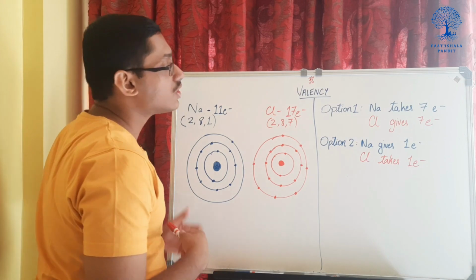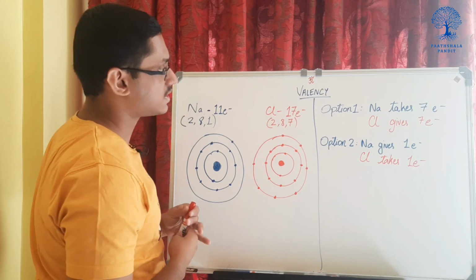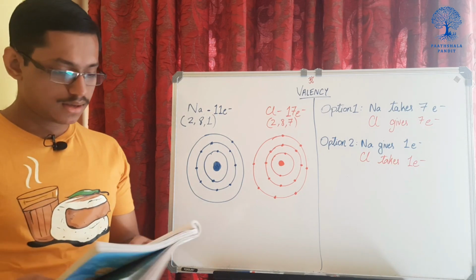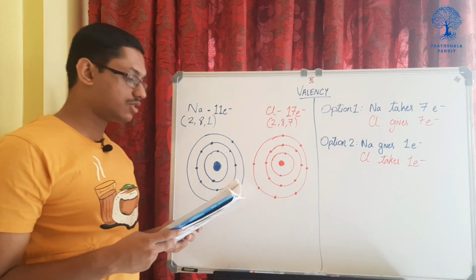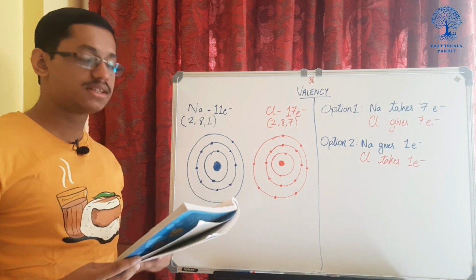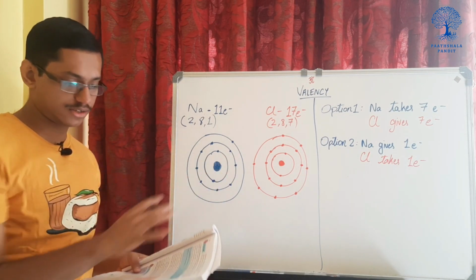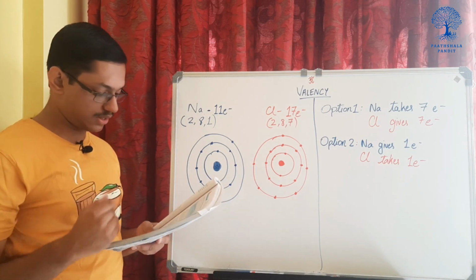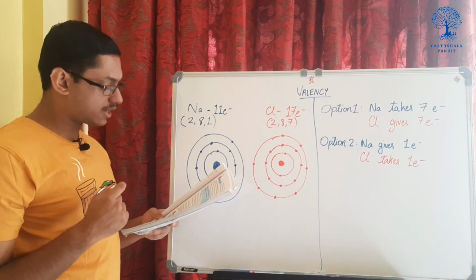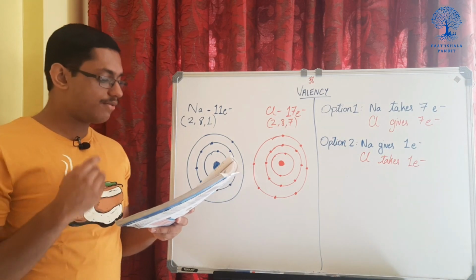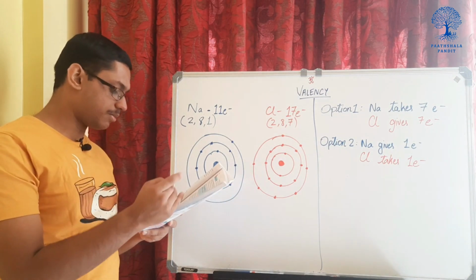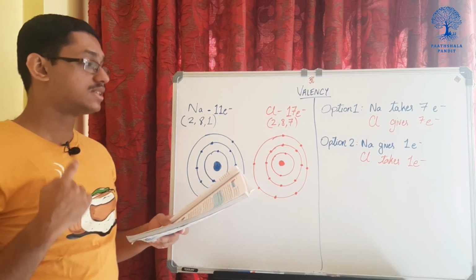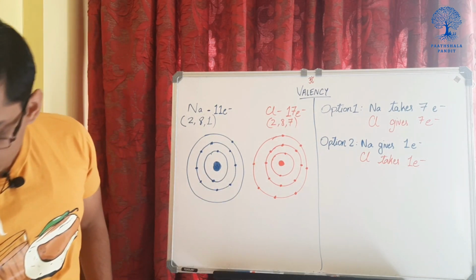Alright. So this is what is known as valency. The proper sentence I will give you. The capacity of an element to combine is called its valency. Okay, I will write it also, but still I will recite it or dictate it. The number of electrons that an atom of an element gives away or takes up while forming an ionic bond is called the valency of that element. Okay. Now see what happens is,